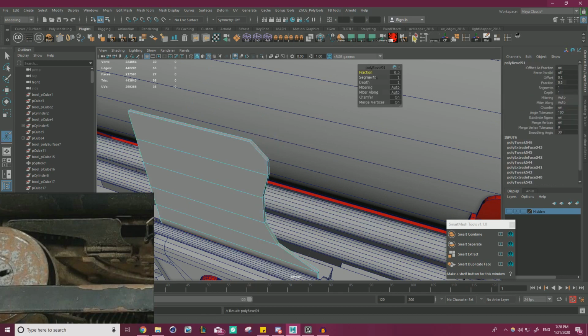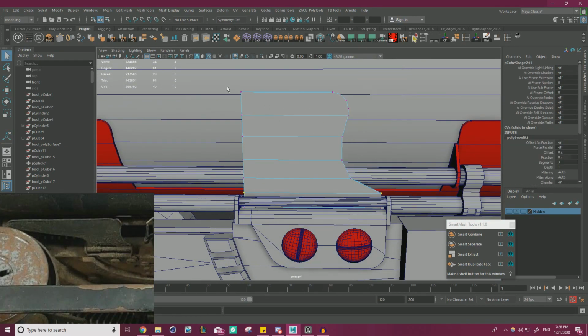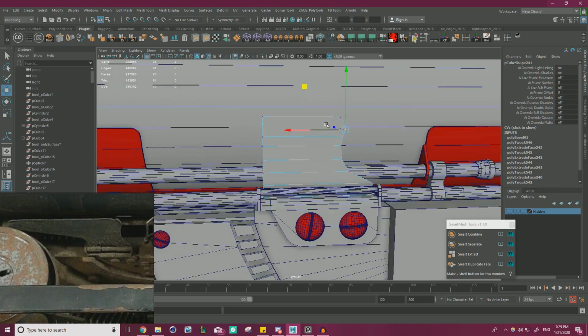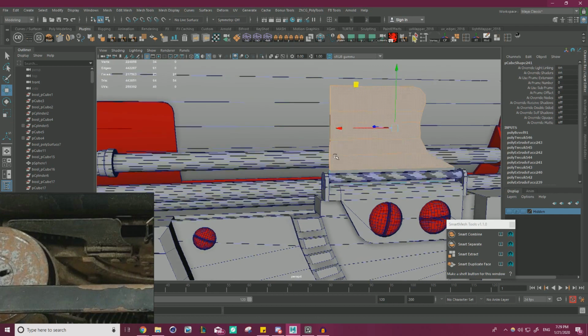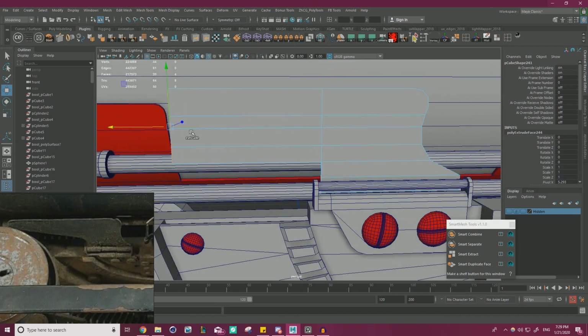actually grab that edge and hit bevel. We kind of got that. We'll obviously be massaging that out a little bit. We can go ahead and do that right now. Something along those lines, and then we have this part, which is pretty straightforward. Literally pretty straightforward. It's just kind of like